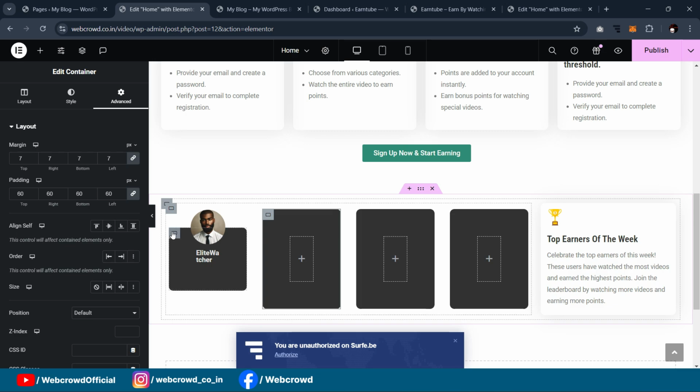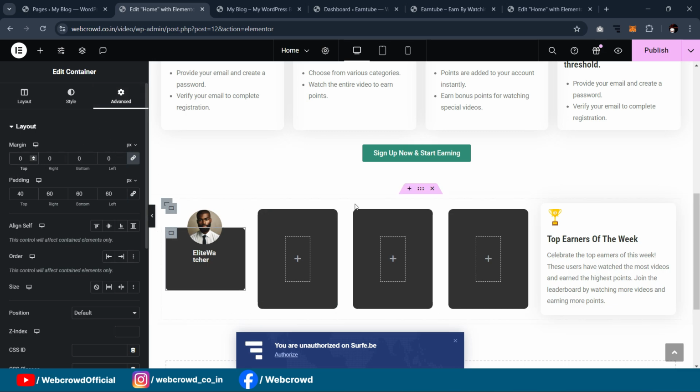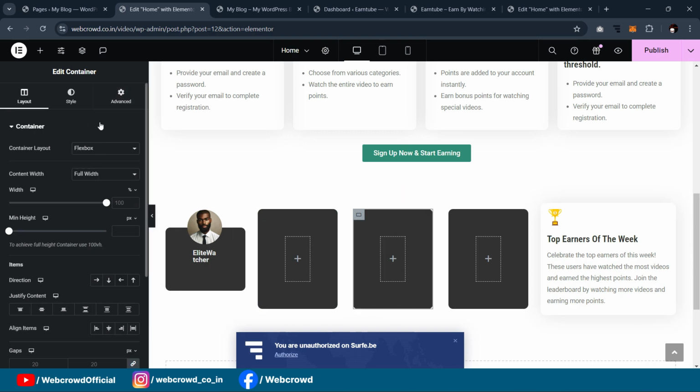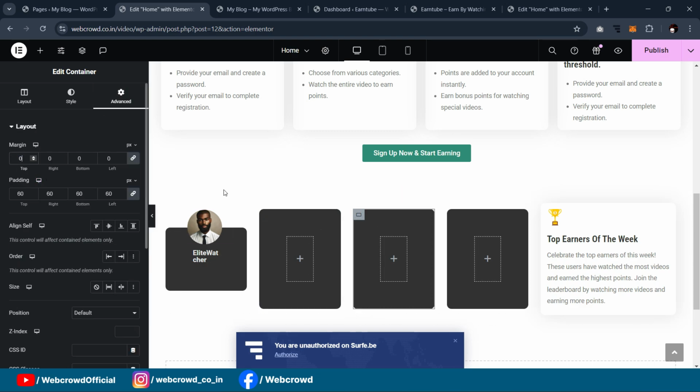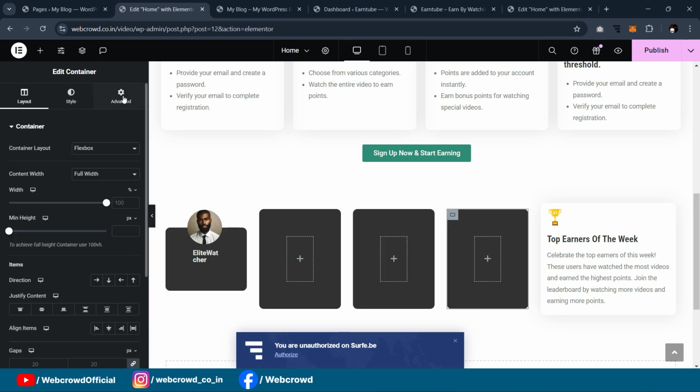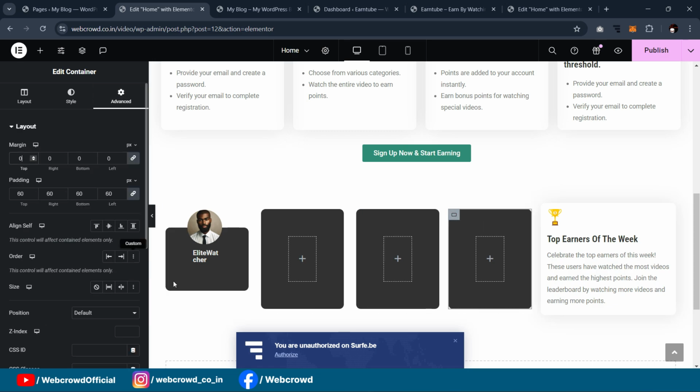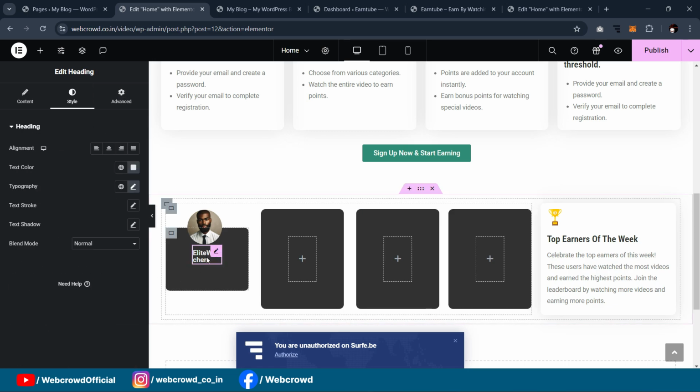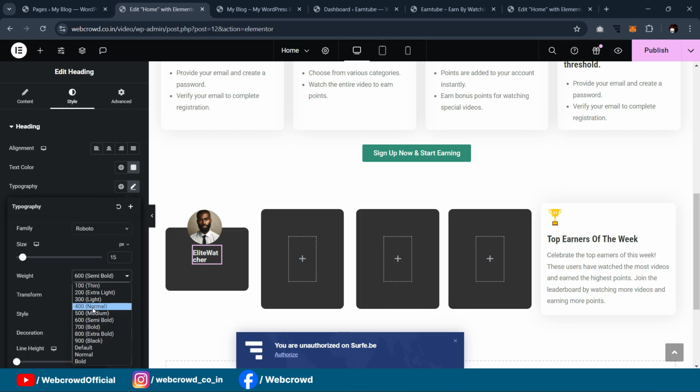Okay, we have added some extra margins to each column. Let's remove it. Also make it 50 and